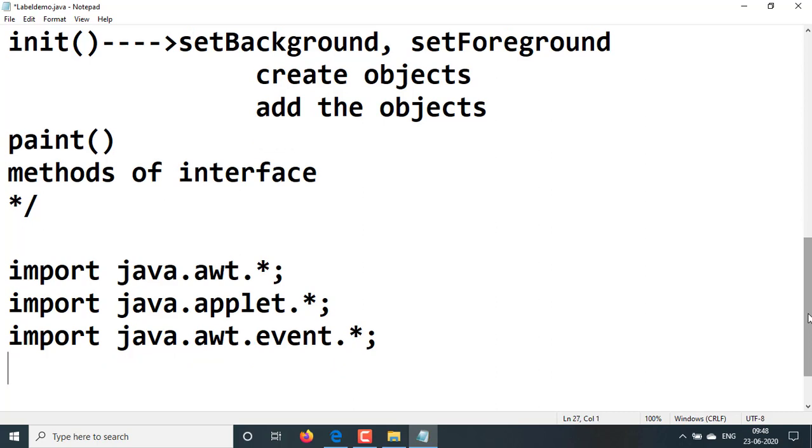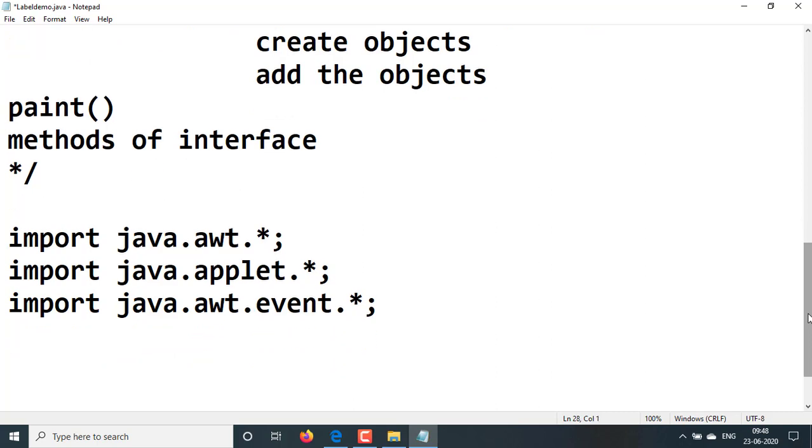Next thing, we need to write the applet code, and that code we can write like this. We take the angular bracket, this is the HTML tag, applet, space, code equal to class name.